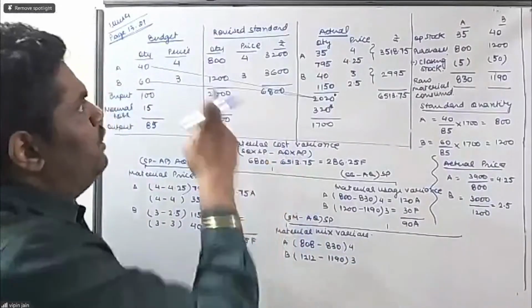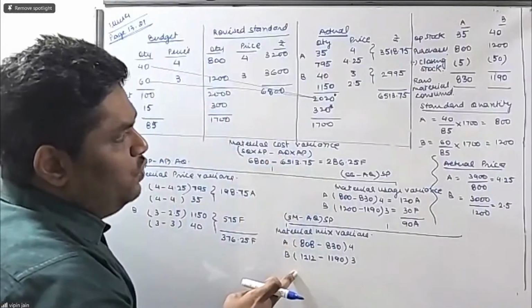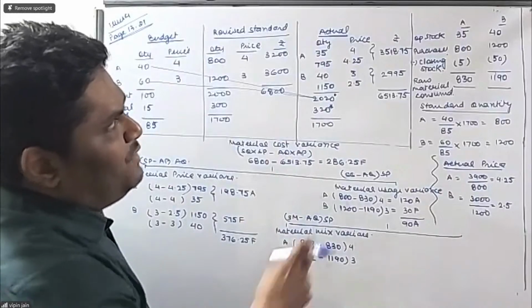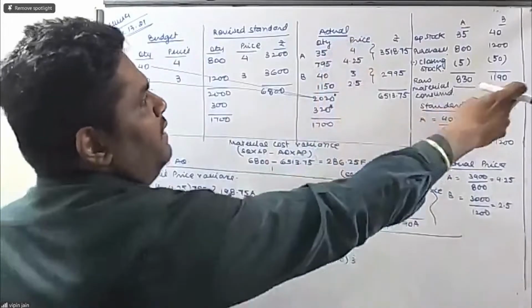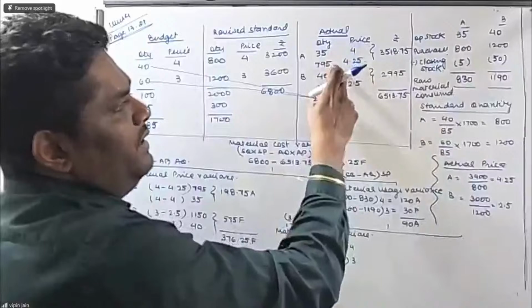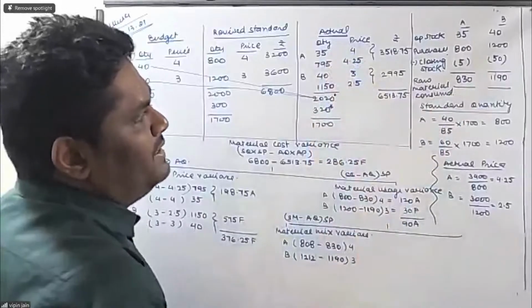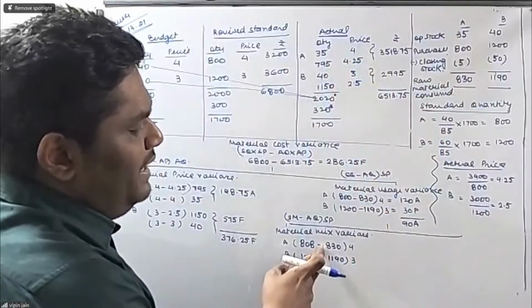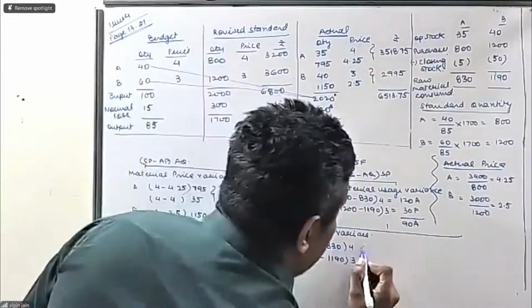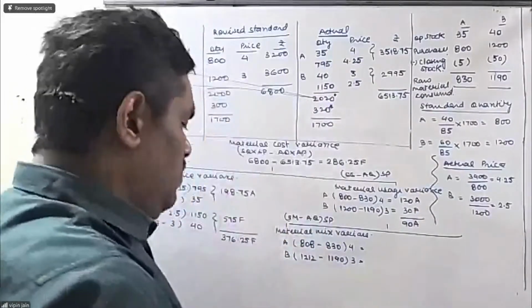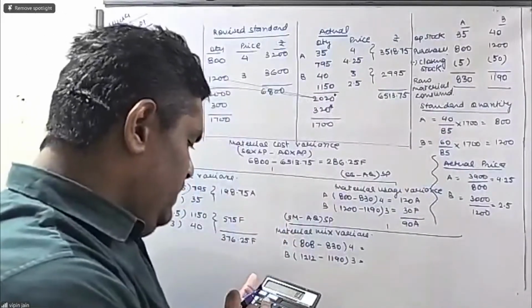So this should be my mix, that is 808 is to 1212. But how much was my actual mix? 830 and 1190. The total of this is 830 and the total of this is 1190. So my actual mix was 830 and 1190. So my material mix variance will be,